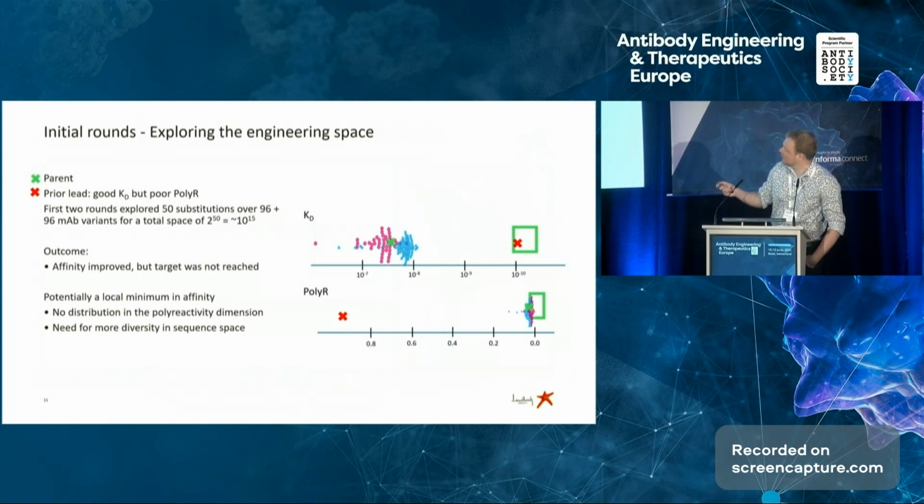What is shown in red is the standard affinity maturation that we had done previously, where you can see we get a good affinity, but of course the polyreactivity is at the other end of the spectrum from what we really wanted. So we concluded that we were working within too tight a sequence space. We were centered around a local minimum, and we wanted to broaden out our search to find another minimum.